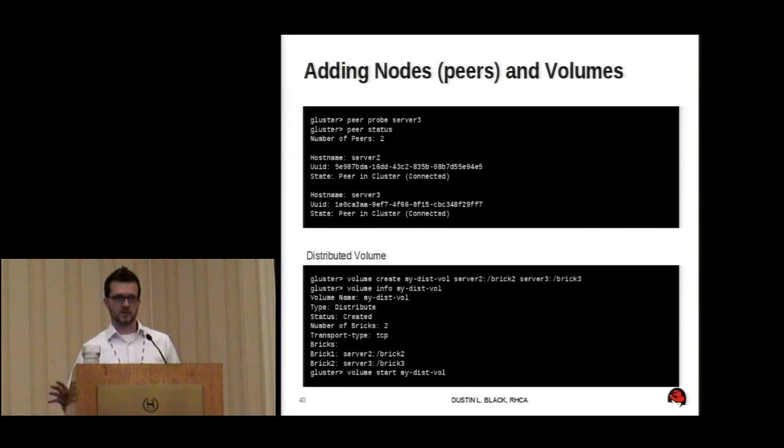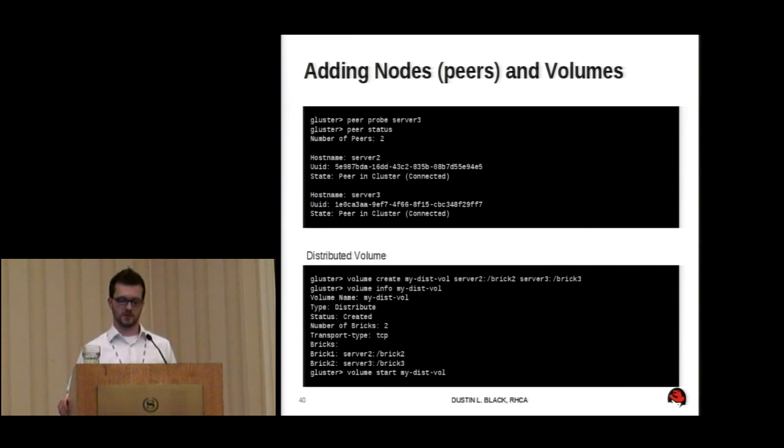So doing the basic thing that Gluster does, let's create a distributed volume here. You'll see that this is as simple as I'm going to create a volume. I give it a name. So I run the volume create command, the name next, which is arbitrary, and then I'm going to tell it